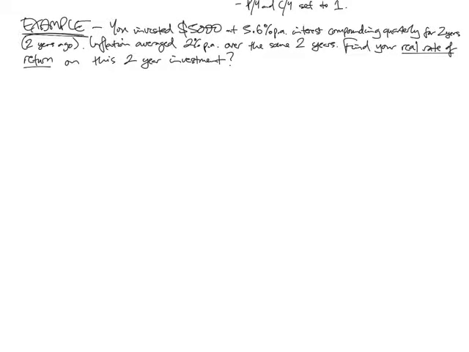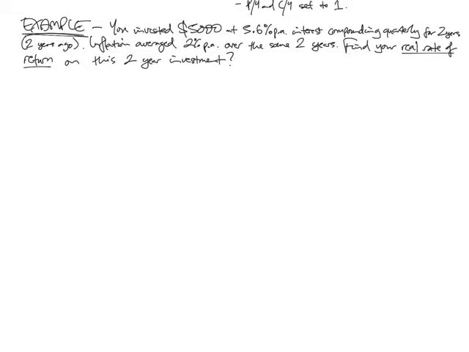So you invested $5,000 at 5.6% per annum interest, compounding quarterly, for 2 years, and that was 2 years ago. If inflation averaged 2% over that same 2 years, this question is asking: can you find what the real increase on your 2-year investment is? Yes, it's 5.6% per annum each year, compounding, but the cost of everything is actually growing by 2% per year as well, so it's not really going to increase by 5.6% per annum